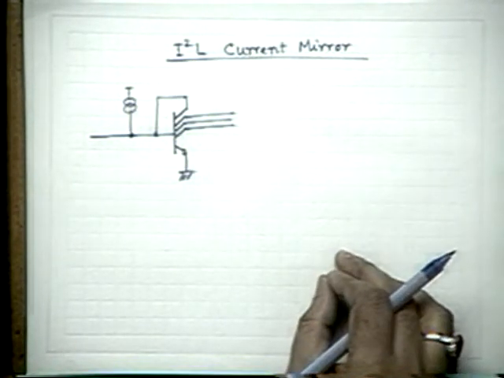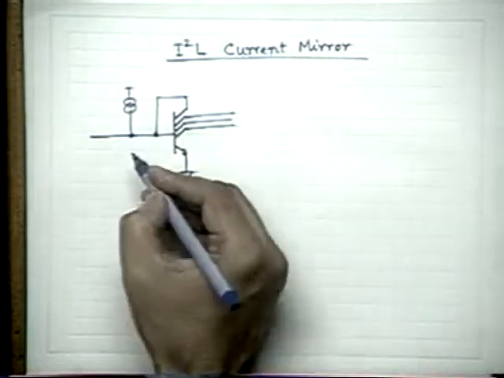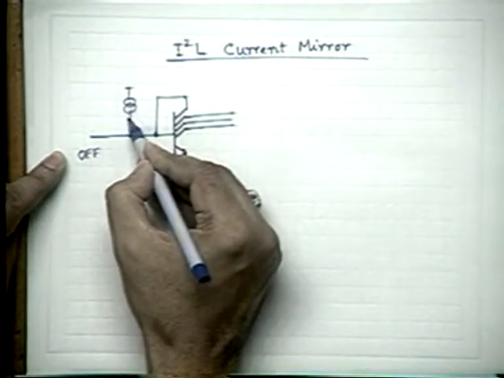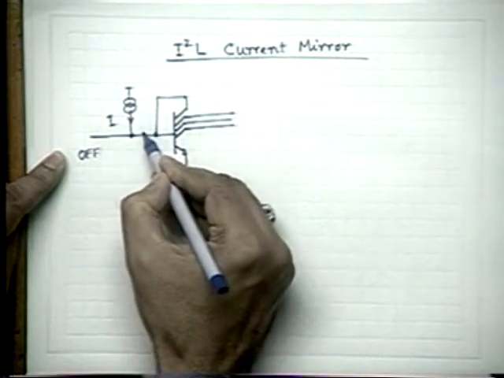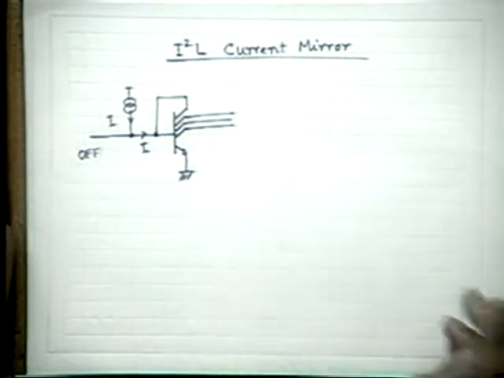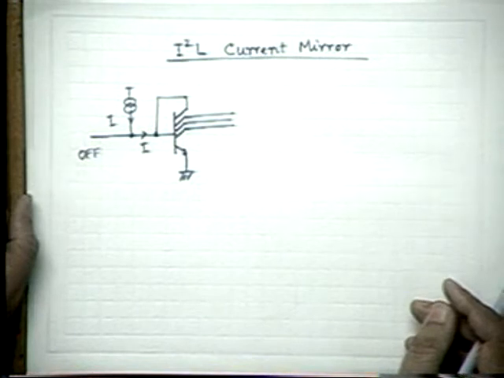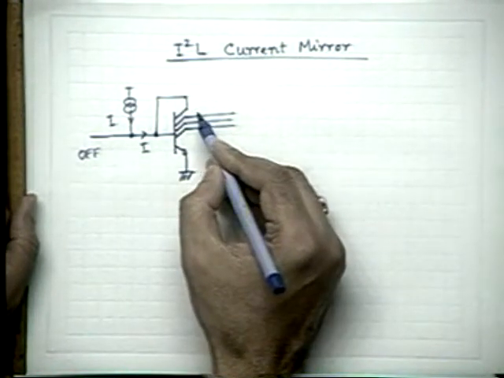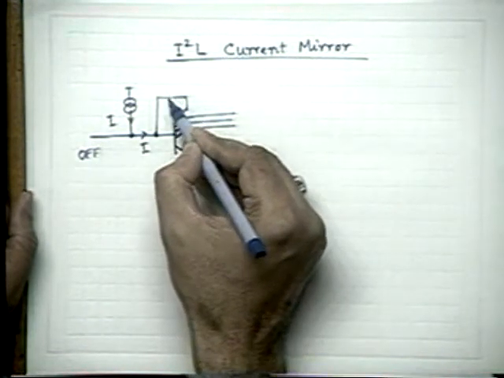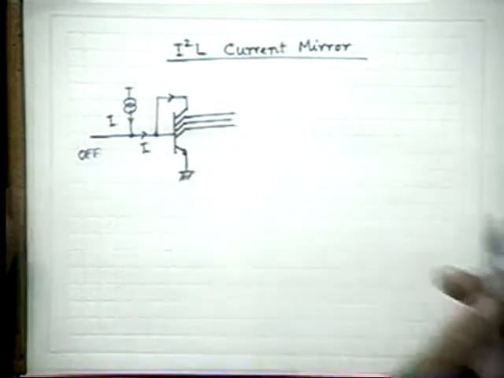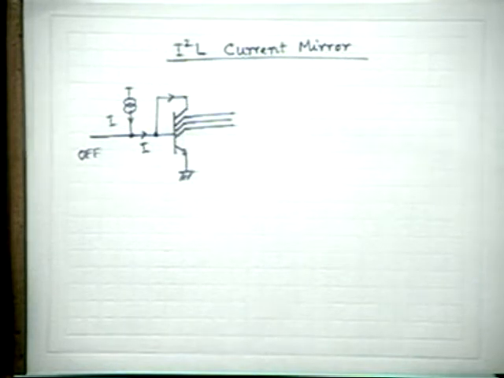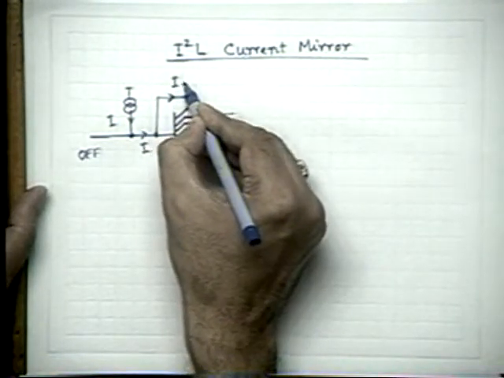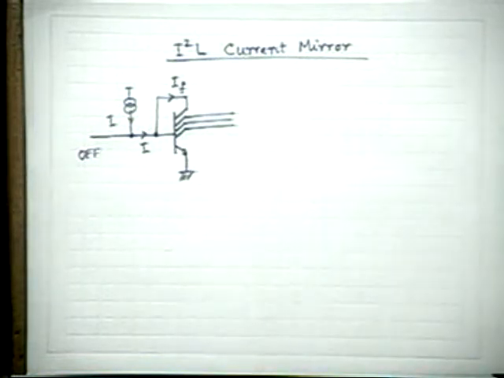In that case, what is going to happen? Say when this transistor here is off, as I told you, the I will be fully diverted into this path. Okay? And in that case, what will be this current I dash, or you can call it the feedback current, IF? What will be its value?